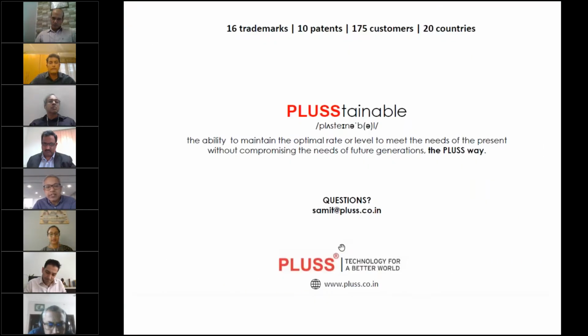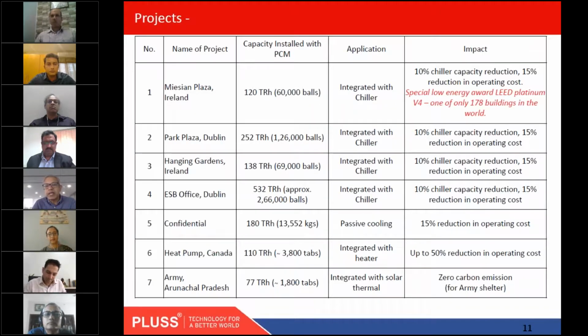Yeah, so this is a list of projects that have been done, which vary from as low as 50, 60 TRH to as high as a few hundreds of TRH to be able to increase the efficiency by capturing cold energy or hot energy. So essentially, these will play a big role in India, in cold places, particularly for heating, and in other places, it will be reducing energy consumption by storing the cold available at night.